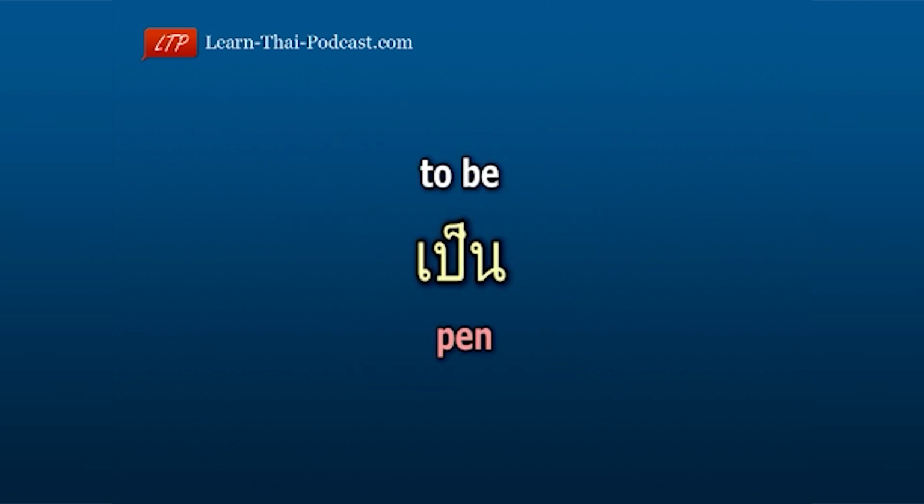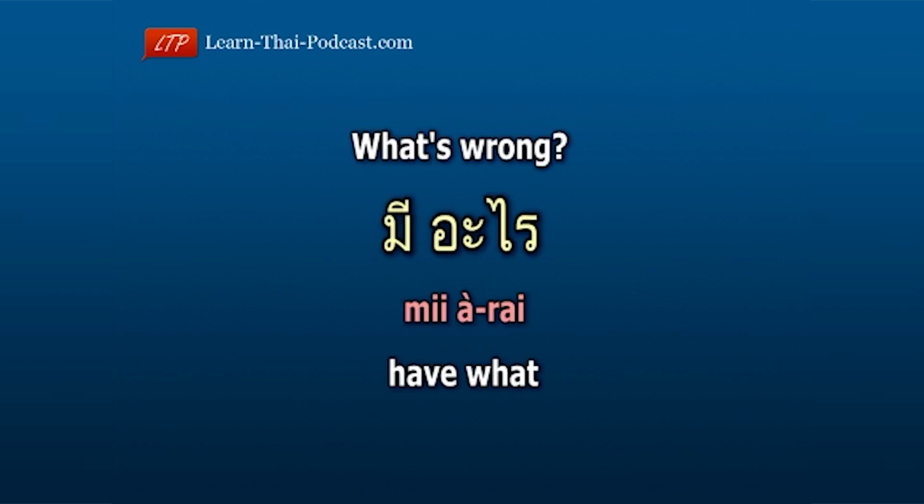If you want to ask what's wrong, you can use the word เป็น which means to be or the word มี which means to have to form a question with the word อะไร which means what. Let's have a look at some examples. What's wrong? มีอะไร Have มี, what? อะไร Have what? มีอะไร